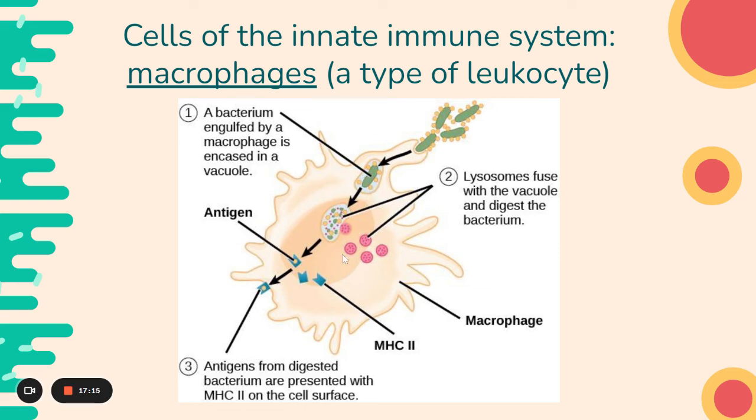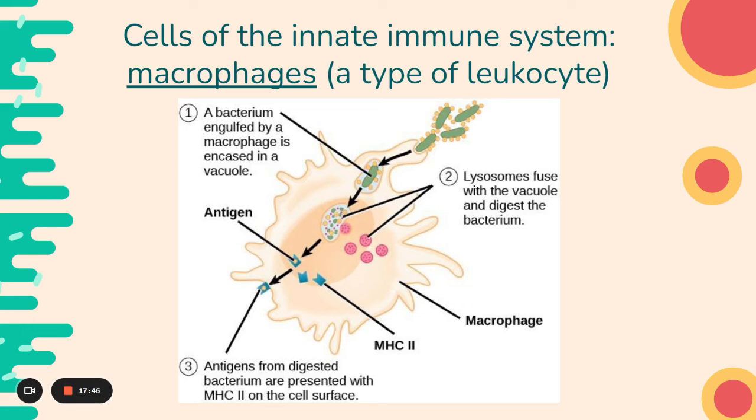And then the next step is for lysosomes with a bunch of digestive enzymes to fuse with that and digest the bacterium. So we're just breaking that bacterium up into a lot of little bits. And then this third step is what I want to highlight on this page. These little pieces that were digested from the bacterium are actually going to be displayed on the surface of the macrophage. So it's essentially taking what it just ate and putting the pieces of it out on the outside of its